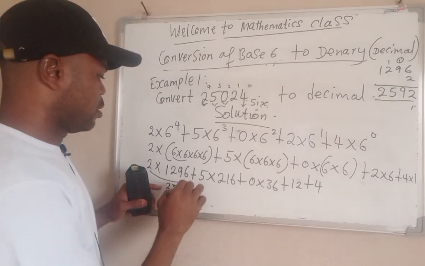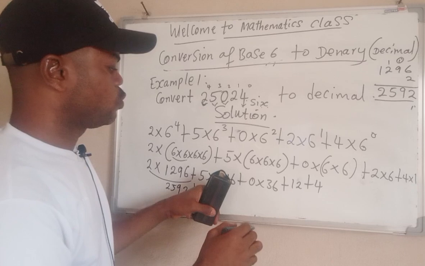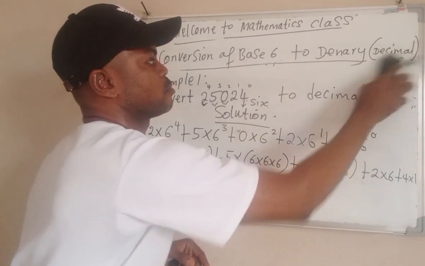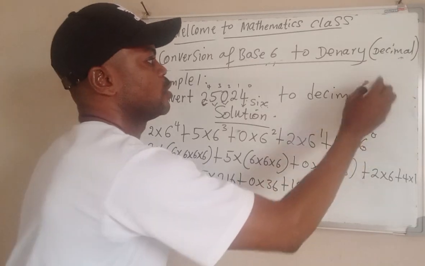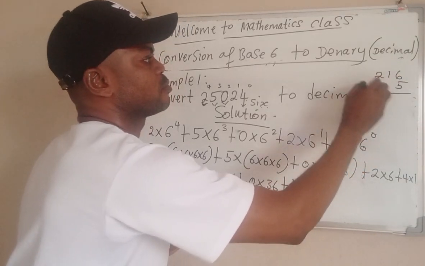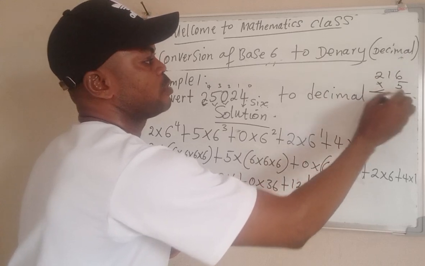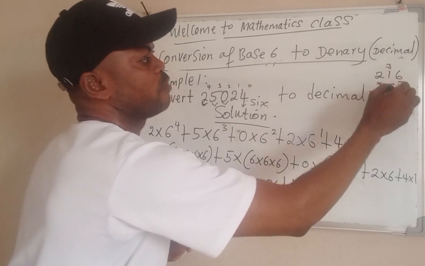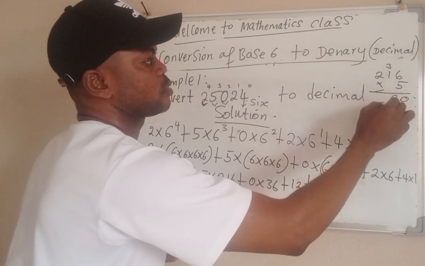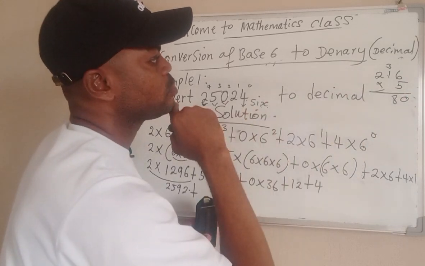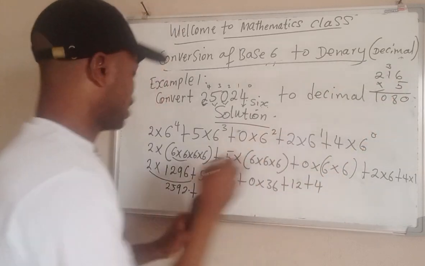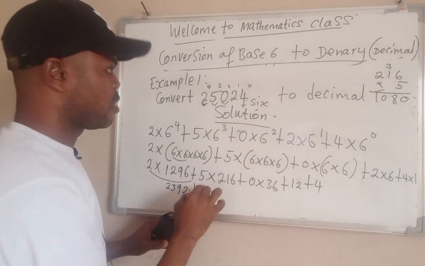So having done that, we're going to say plus 216 times 5. Let's erase this. 216 times 5. What do we do? Multiply. 5 times 6 is 30, right down 0, carry 3. 5 times 1 is 5, plus this gives you 8. So 5 times 2 gives you 10. So you now have, right here, you have